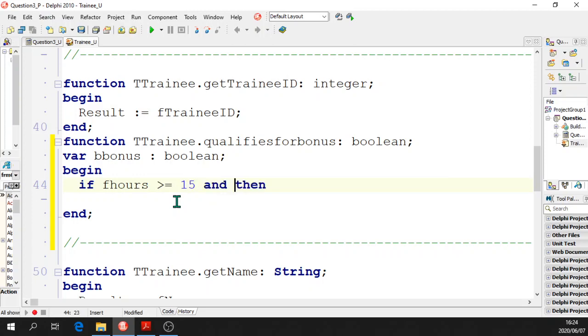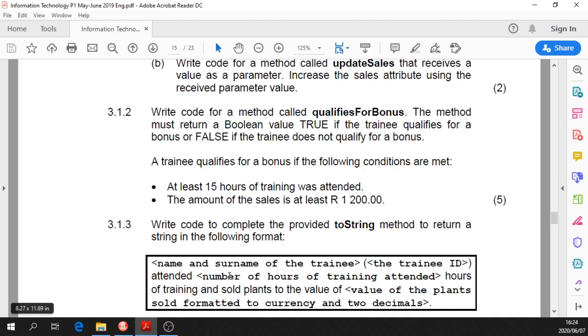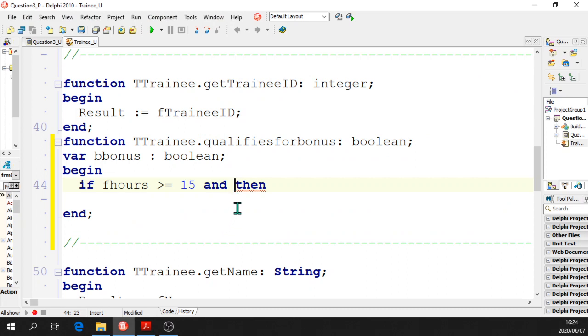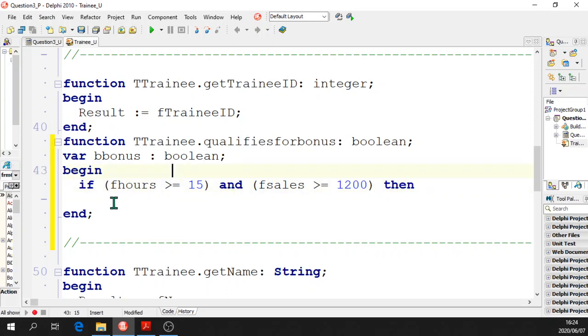and both of those two things, if sales is greater than or equal to 1200. You don't put a Rand symbol in front, okay? These are numbers. The computer doesn't see these values as rands or cents or anything else. They're just plain numbers. If those two conditions, that and means both of them must be true, then